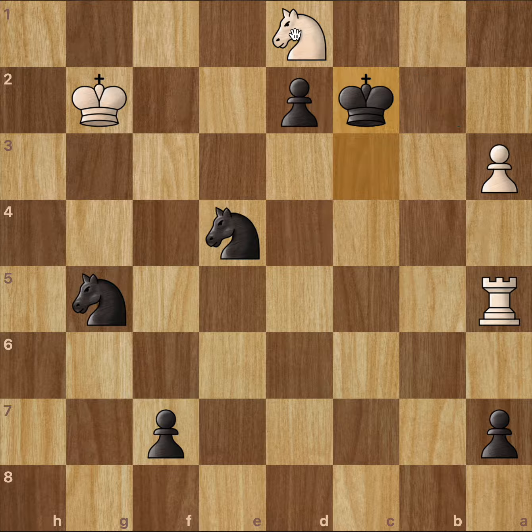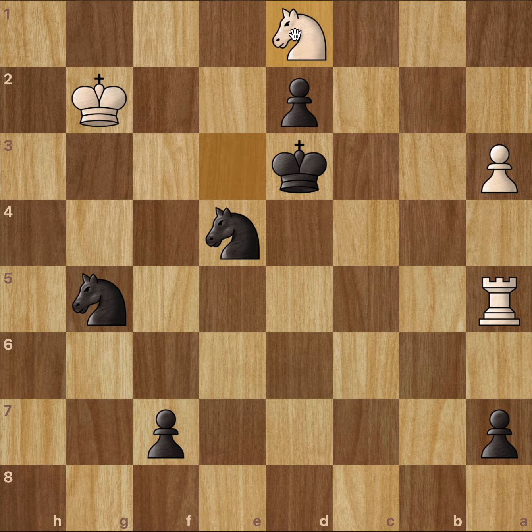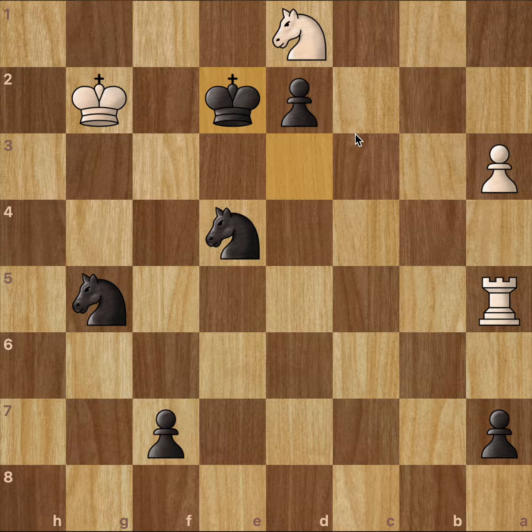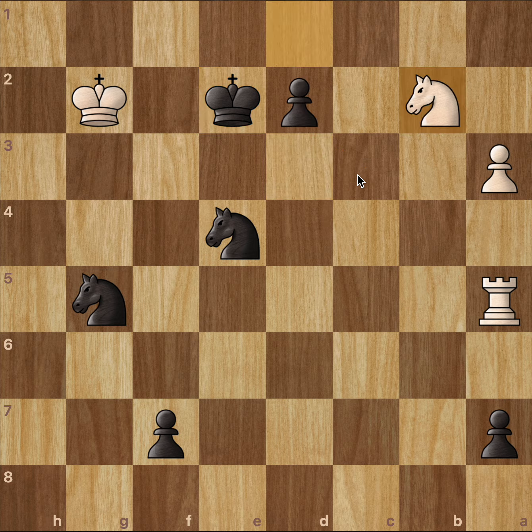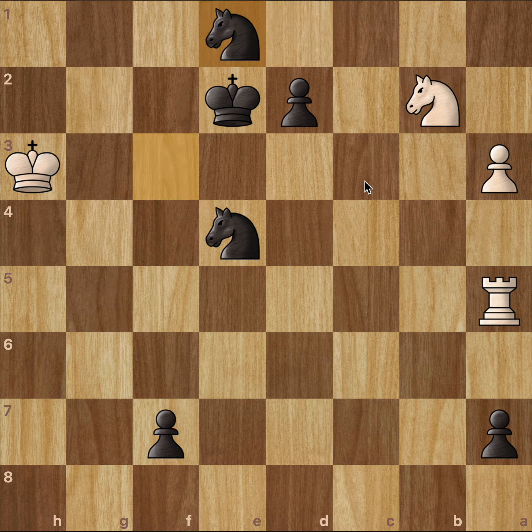So knight d1 check, and then knight e3 check, knight goes back, and now you see Arjun kind of zigzagged around to this square. Why? Because in c2 there's an e3 square to check the king, but on e2 there's no c3 square to check the king because there's a knight here. So knight b2, and now the plan is simply just to kick away this knight with the other knight,